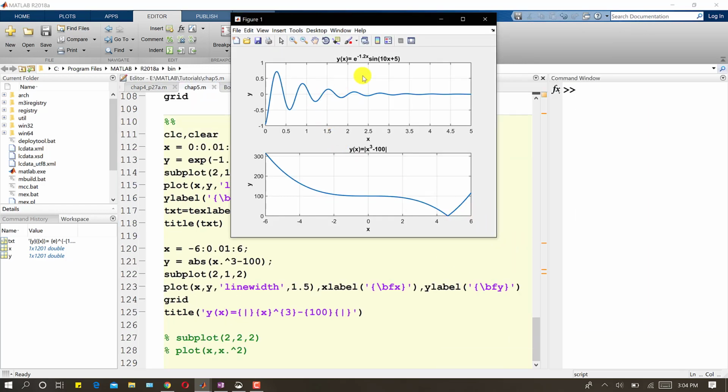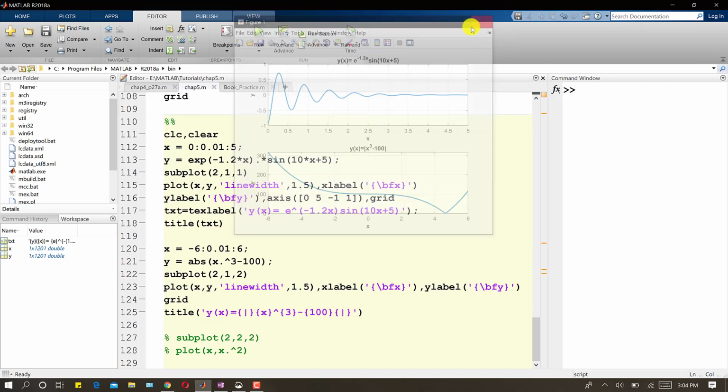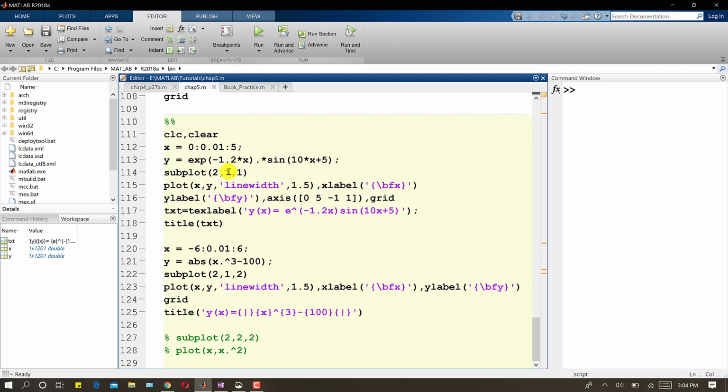Now if you want to have 2 plots here, 1 plot here, 1 plot here, and this one plot, right? So we want to have 2 plots here and 1 plot here, right? So what will be the address for this plot? For these two we will divide this figure into a 2 cross 2 array, right? So the address of this one will be 2, 2 and 1, right? So if I write 2, 2 and 1,